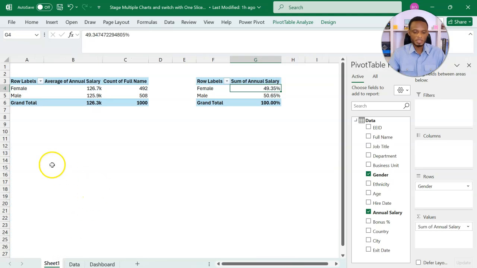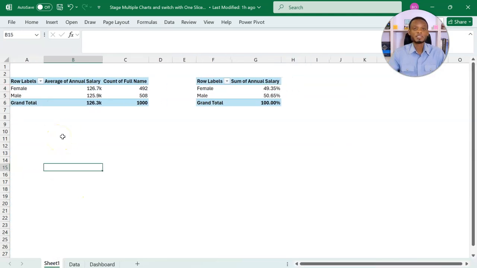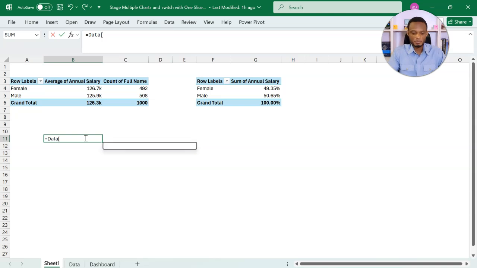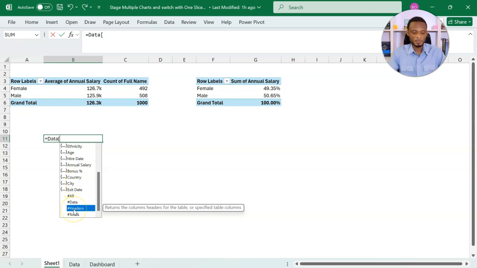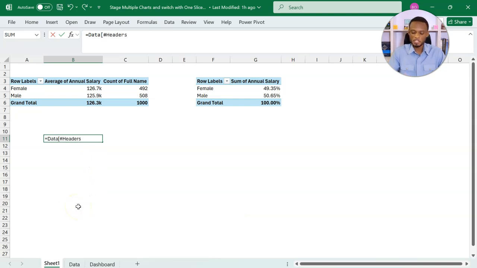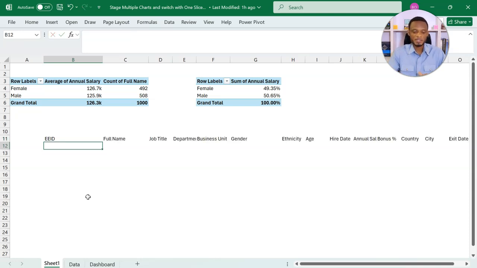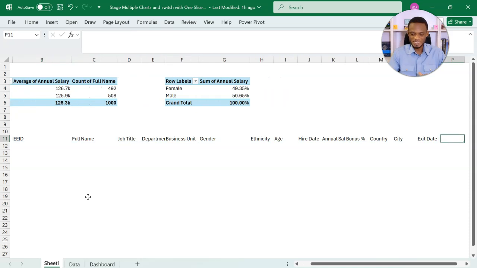So I'll come here. I already indicated that the name of my table is called data. So my first job is to get all the column headers from my table. So to be able to do that, I'll call the name of my table, which is data, bring a square bracket, okay, come down here and then choose headers, right? So headers is part of the components of the table. I'll close my square bracket. Now, if you are using a more recent version of Excel, you have dynamic arrays. So if you have dynamic arrays, it basically spills all your outputs or answers over cells instead of in a single cell, right? So if I press enter, you realize that I have the full list of all my column